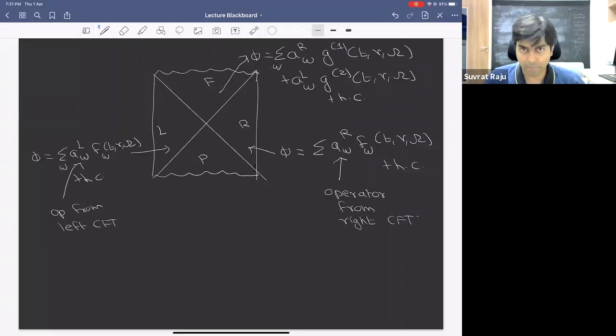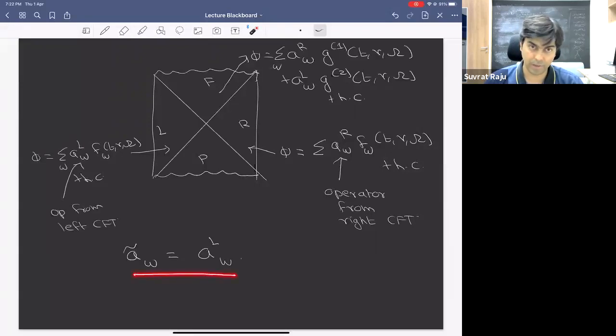And making the statement that this is the expansion is actually equivalent to saying that these A tilde omega operators are just modes from the left CFT. So you can take the operators from the left CFT and take the Fourier transform, and you have to normalize them correctly so that they have canonical commutators. And the statement that this expansion in the forward wedge is given by just A_R plus A_L is the statement that what we have been calling A tilde, which is the field integrated behind the horizon,